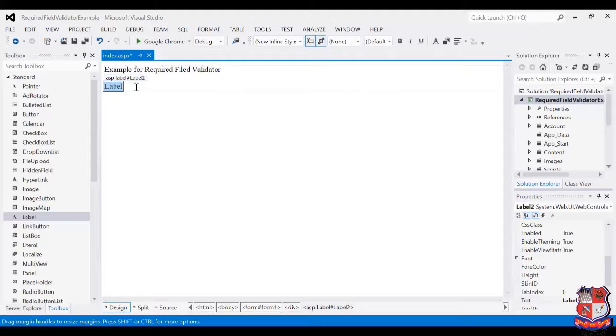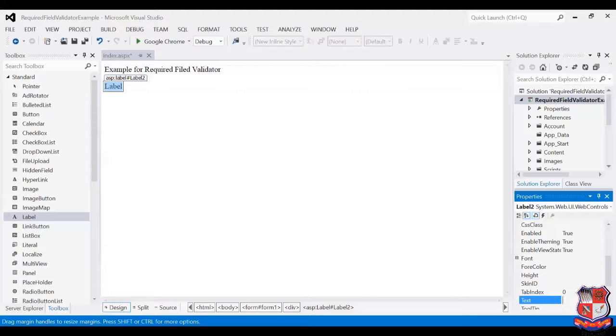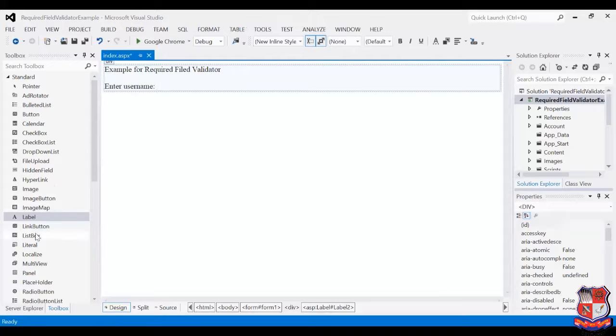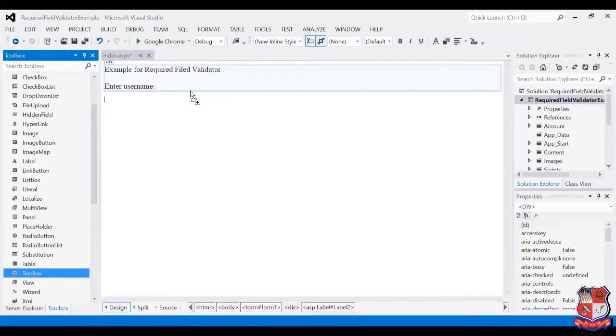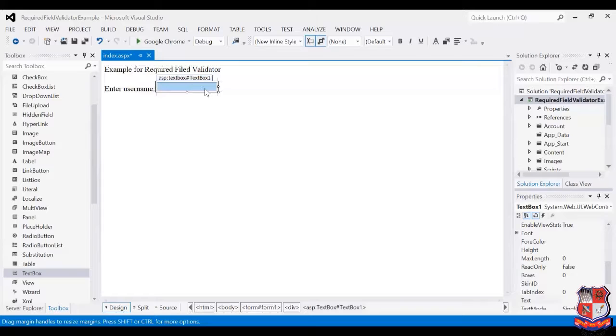For that, I'm taking a label control and putting a caption on this label, that is, enter user name. Then I drag and drop a text box control and put it over here.